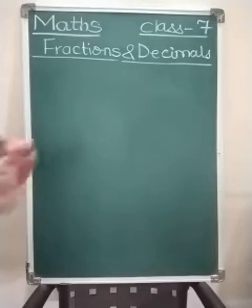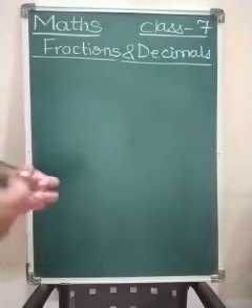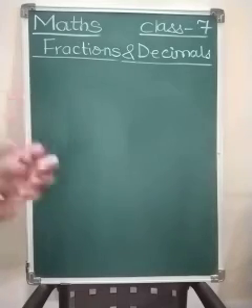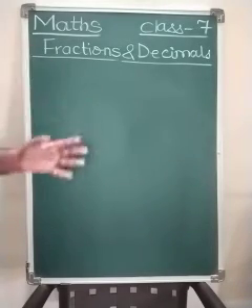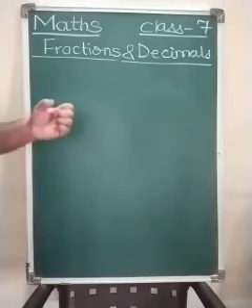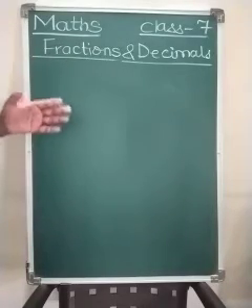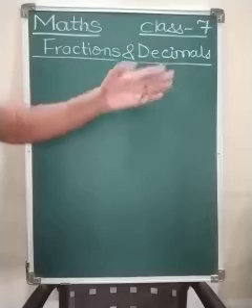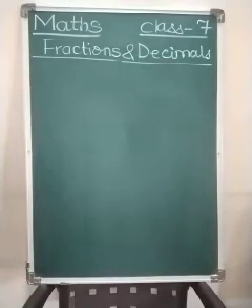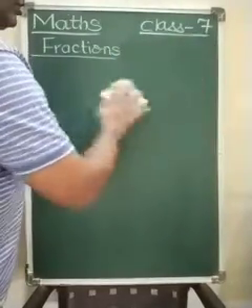This is again a refreshment for you about fractions and decimals, plus some new things, more advanced things you are going to learn in this 7th standard. But the basic things about fractions and decimals, decimal numbers, you have already learned in your 5th and 6th standard. We are just going to recall that knowledge of your 5th and 6th standard, that what is a fraction. So today, if decimals are in the later part of the chapter, we are going to start with the fractions. So what is a fraction, or what are fractions?